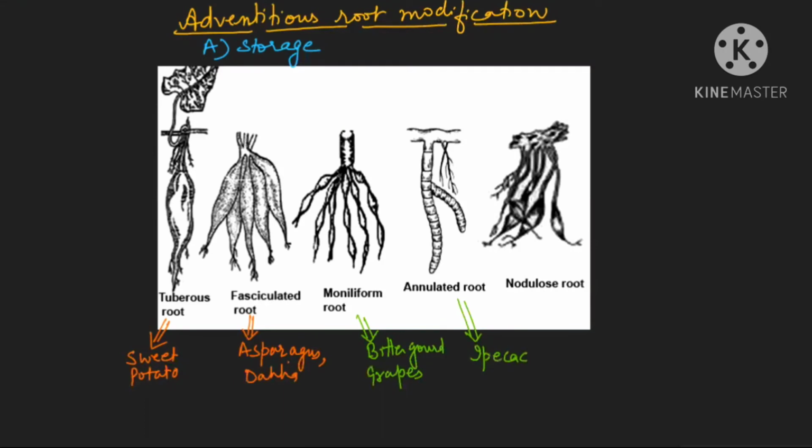And the next category, if you see, it is nodulose. Now, remember, right now we completed nodulated, and this is nodulose. Don't get confused with these two. Nodulated is your taproot modification, which is responsible for nitrogen fixation, and nodulose means the ends are only getting swollen. An example is your mango ginger. So these are a few examples of adventitious roots which are meant for storage. Is it clear? Now let us study other modifications also.